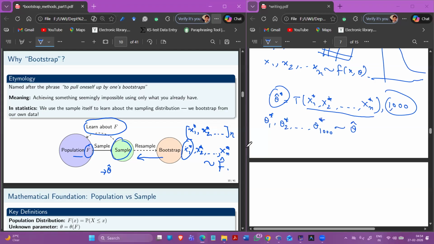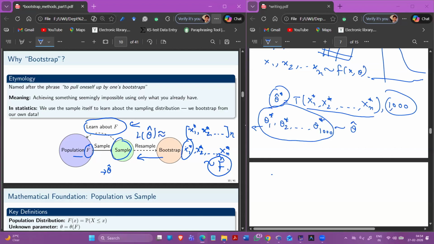Mathematically, we use the bootstrap distribution to learn about the properties of the population CDF. We use the empirical CDF generated from theta 1 star, theta 2 star up to theta B star, and we learn about the properties of the population CDF, and mathematically we represent it like the